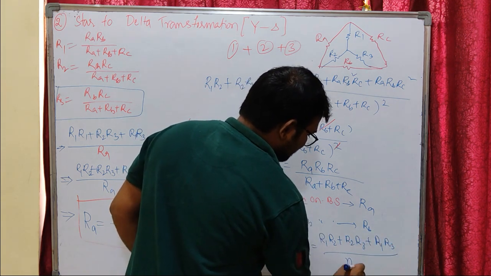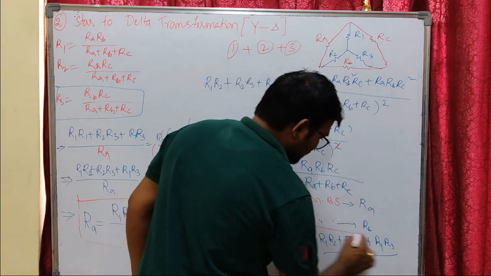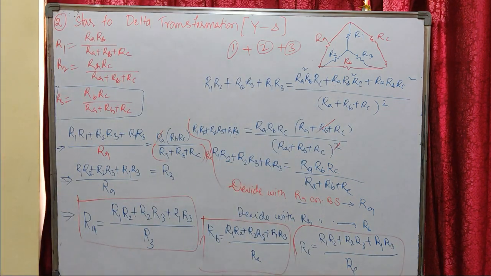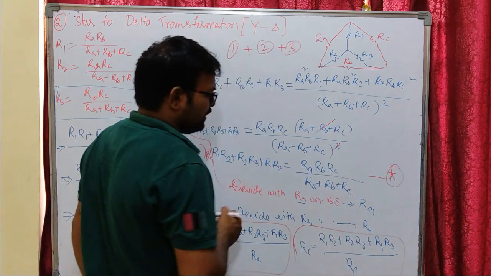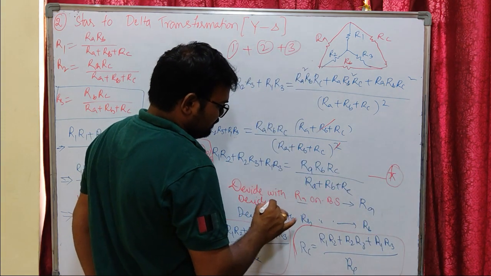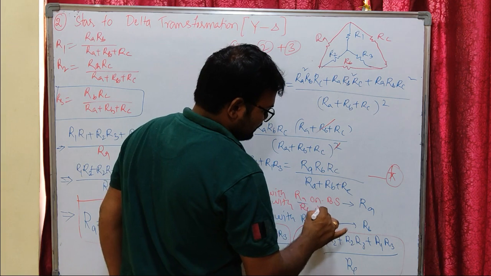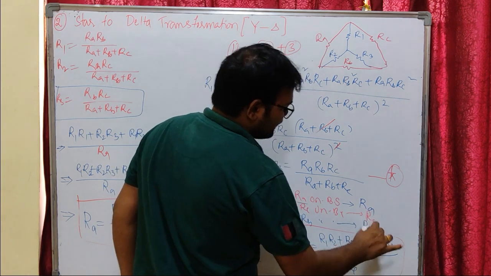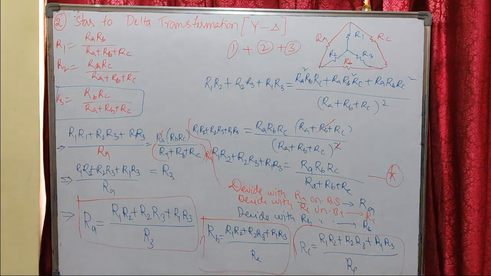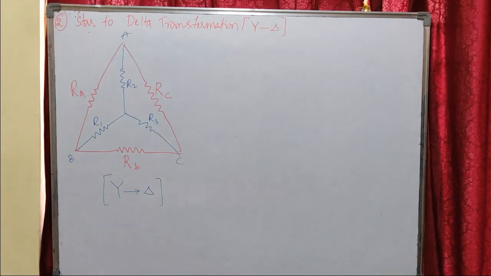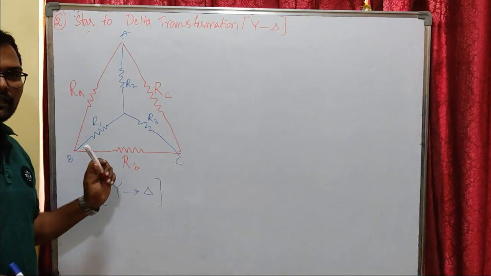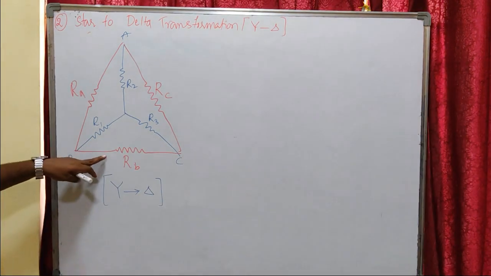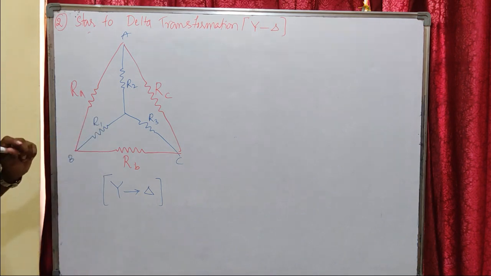Okay, so this is the expression for RC in delta connection. So you need to divide this expression, star. If you divide with RC, you are going to get RC here. Okay, I am going to clean the board and rewrite the expressions for delta connection. So now I am going to transfer this star connection, which is in blue color, to delta connection. For that I am going to derive RA, RB, RC in terms of R1, R2, R3.